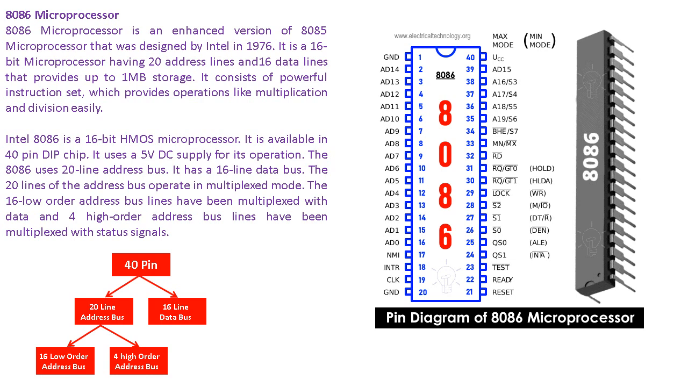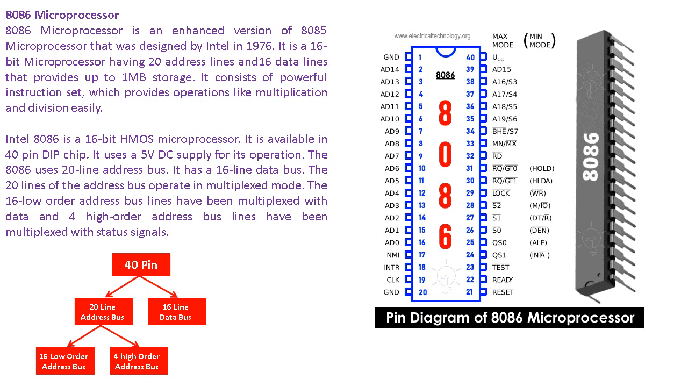We can observe at our right we have the pin diagram of the 8086 microprocessor. It consists of 40 pins, and those 40 pins are divided into two units. Half of those pins are used by the bus interface unit, and another half of the pins are used by the execution unit. Let us understand that the 8086 microprocessor is an enhanced version of the 8085 microprocessor that was designed by